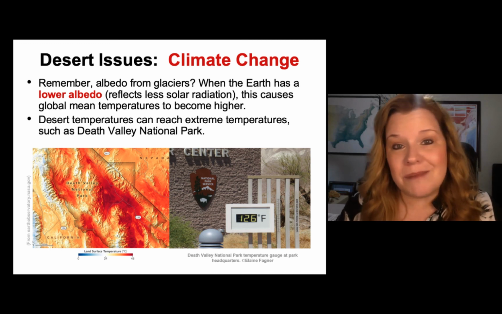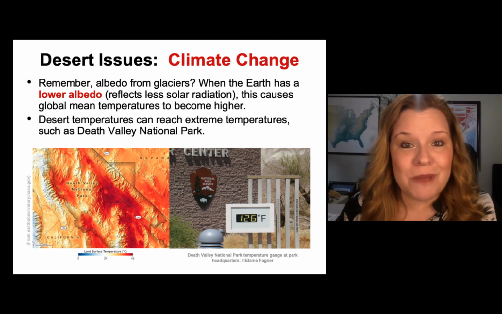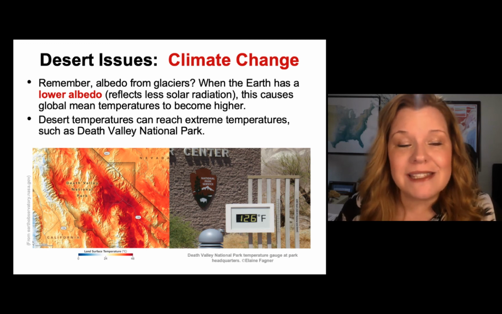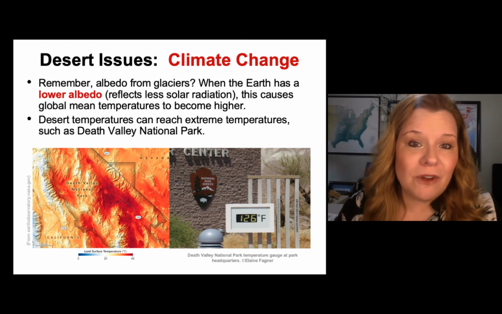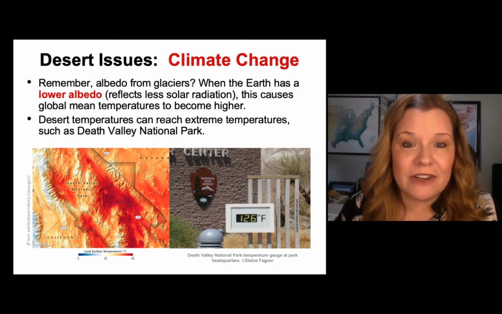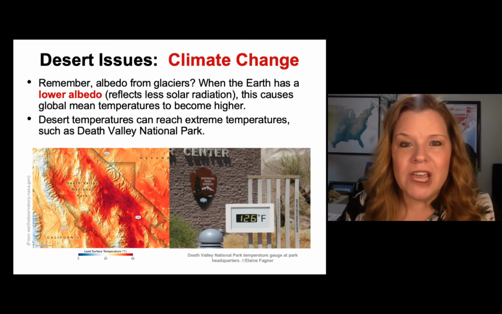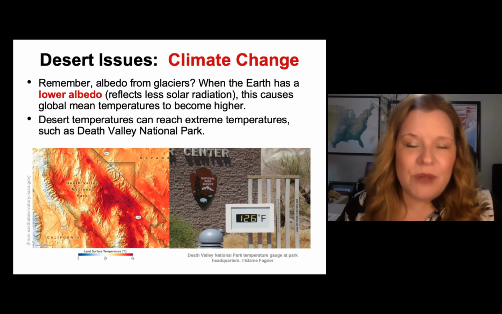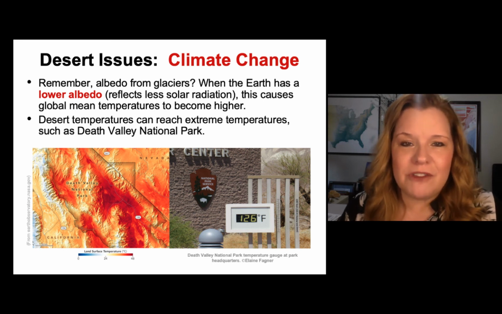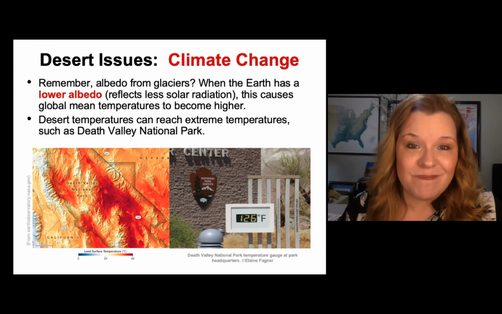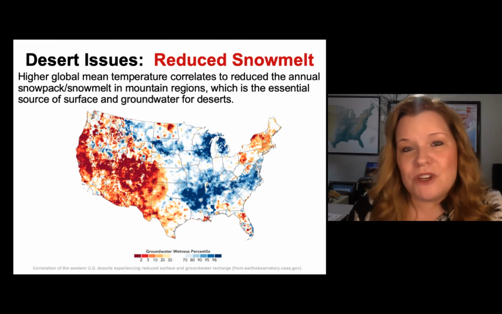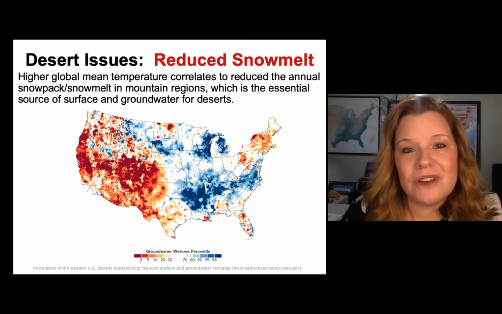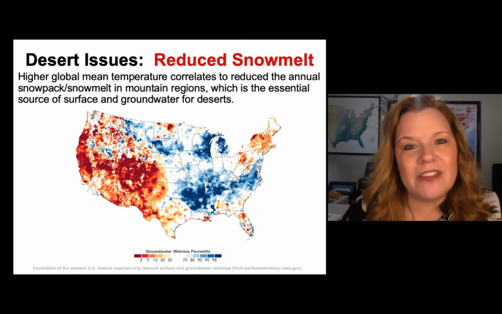That reduces the amount of snowpack and snowmelt on the mountain ranges out there, like in the Sierras and the Rockies, which means there's less runoff that can get into rivers and certainly less potential groundwater recharge. So holistically, this all fits together to realize that we have a problem when it comes to climate change on the planet. That goes to the reduced snowmelt, and in the desert, the snowmelt's the key, getting the snow packs.